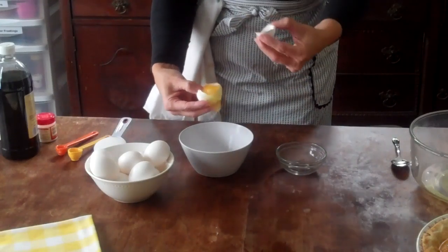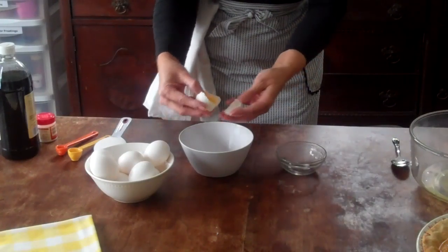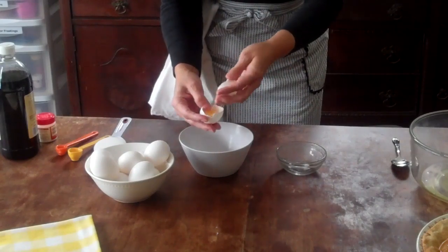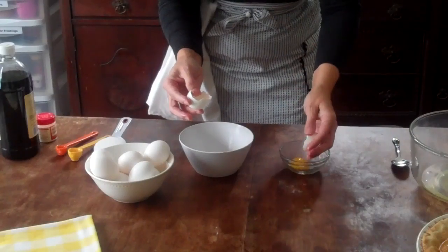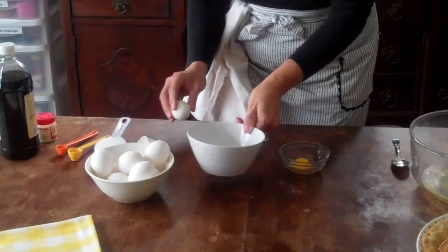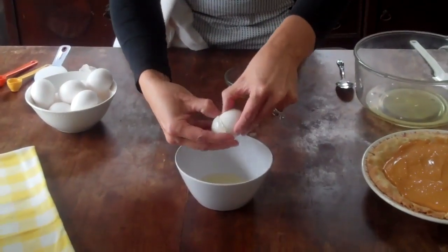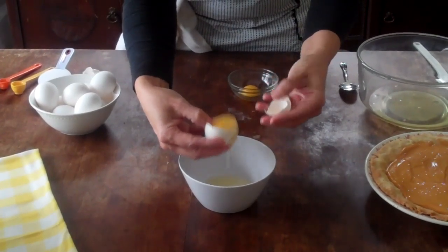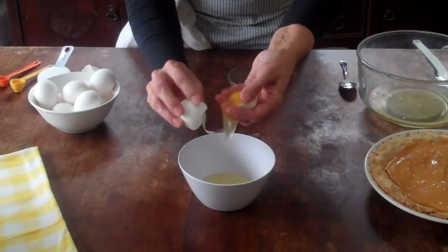And the way I do mine is I just kind of shake it a little bit, waiting for the white part to go into the bowl. Then just with my hands, I just kind of rock the egg back and forth, like that. Let me show you again, a little bit closer here. Just going to shake it so that the white goes into the bowl and rock back and forth,